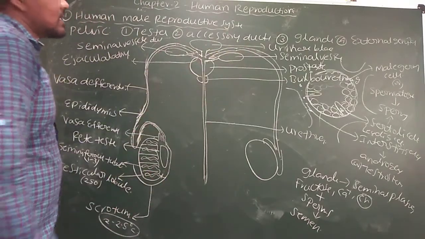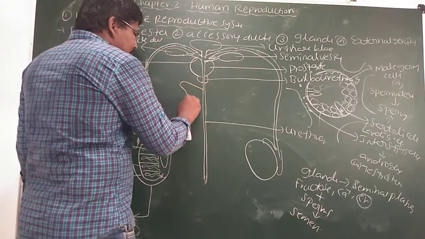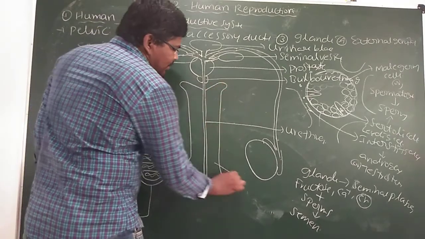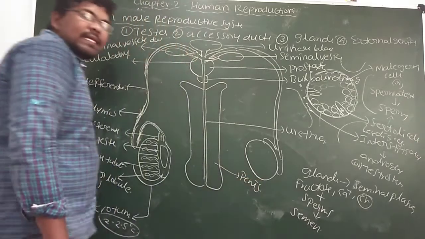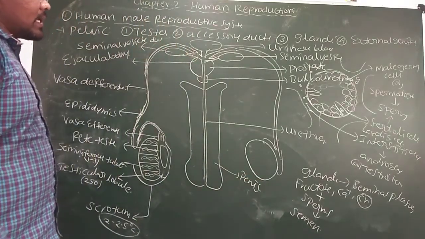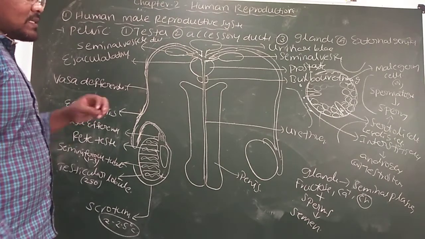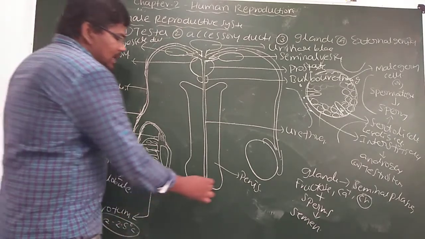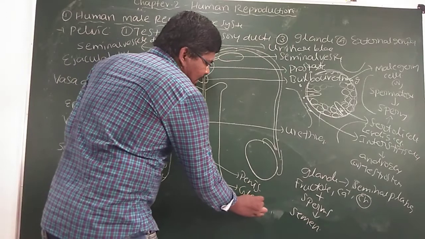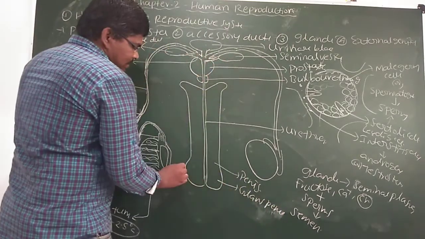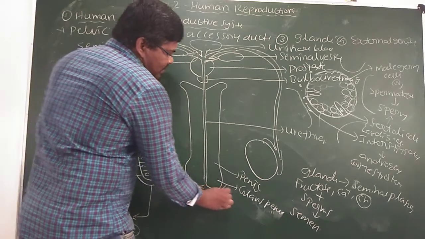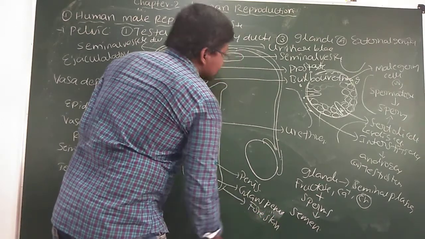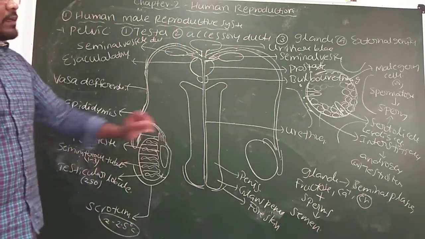Finally, we have to see about the external genitalia. The male external genitalia contain the penis. This is the penis. Penis is a muscular copulatory organ, which is used for insemination, or transfer of male gametes into the female genital tract. The special erectile muscles present in the penis are used for insemination. The enlarged end of the penis is called glans penis. The loose fold of tissue present above the glans penis is called foreskin. That is about the external genitalia.